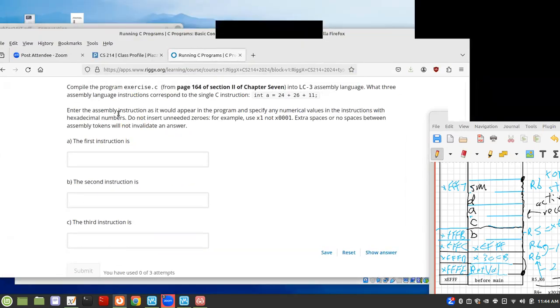So that's what this is referring to here when I say enter the, I changed it, made the instructions a little bit clearer. Enter the assembly instruction as it would appear in the program and specify any numerical values in the instructions with hexadecimal numbers. For example, use X, but don't put any extra zeros. So use X1, not X0001. Extra spaces or no spaces between assembly code tokens will not invalidate an answer. And I'm pretty sure that it doesn't depend on case,